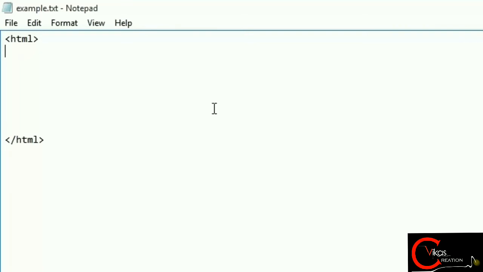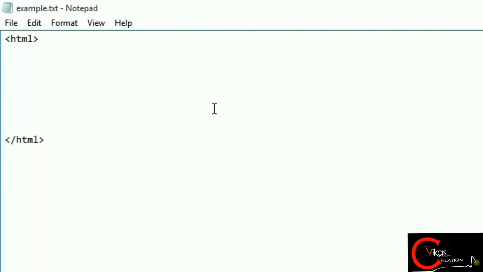So we will refer to a file. There are two types of anchor tag addresses. First is the absolute and second is the relative address. So what is a relative address? A relative address is used when the calling file and the parent file are in the same folder. I will show you what we will do.